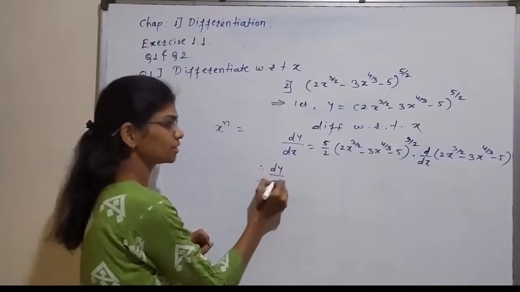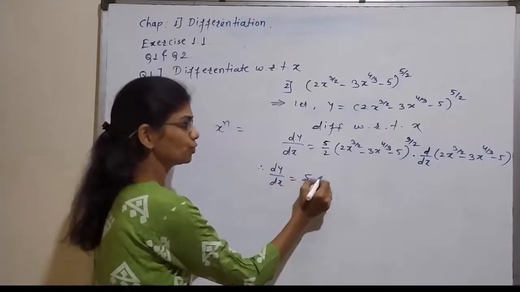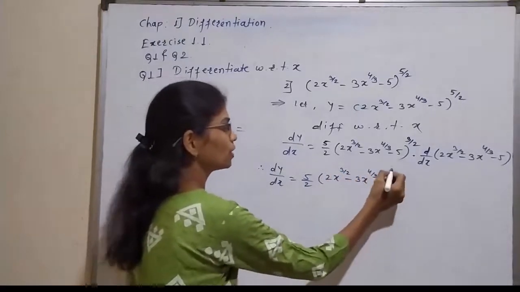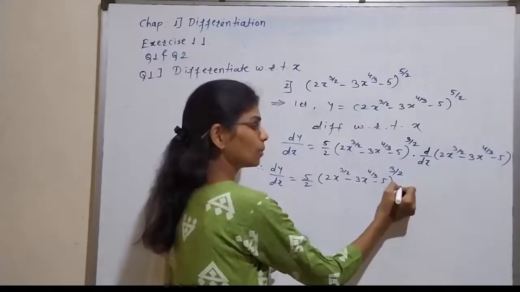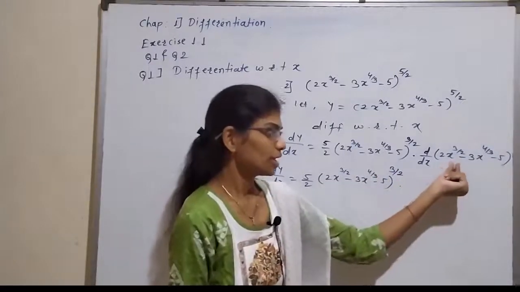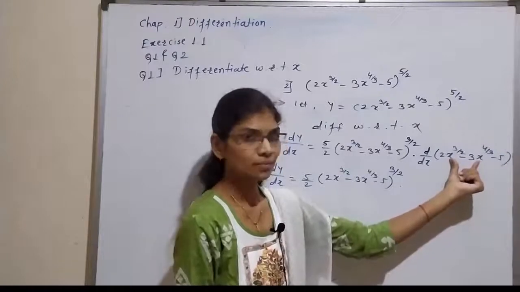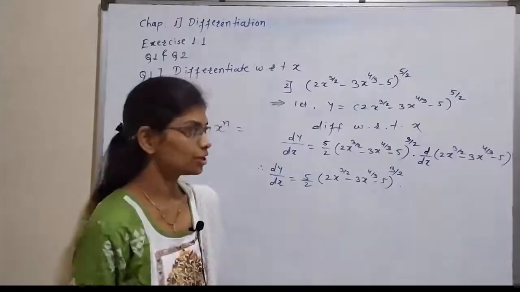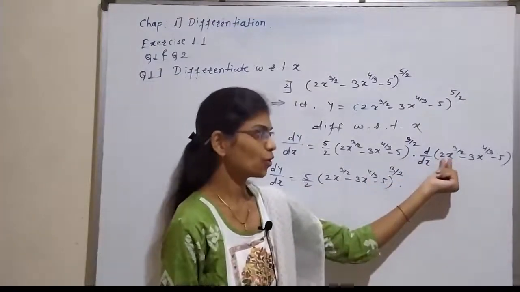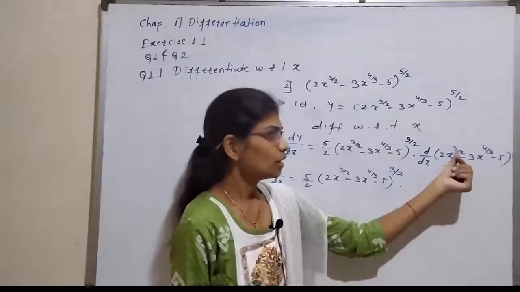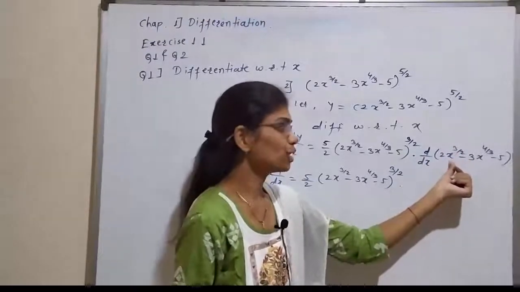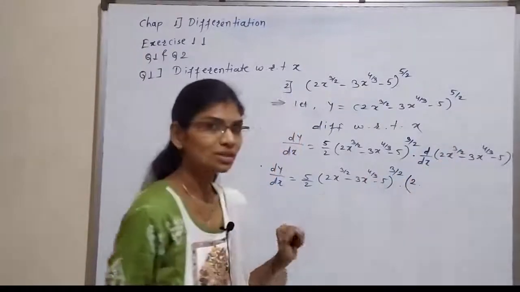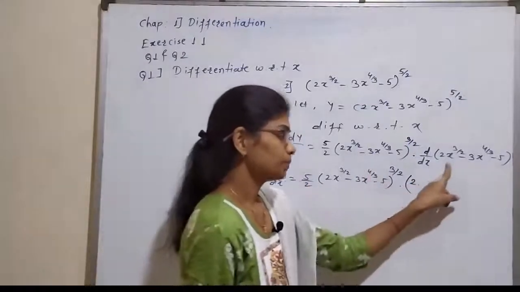Therefore, dy by dx is equal to 5 by 2 in bracket 2x raised to 3 by 2 minus 3x raised to 4 by 3 minus 5, raised to 3 by 2, multiplied by the derivative. There are 3 terms in the bracket, in the function. Take the separate derivative of each one. First of all, take the derivative of 2x raised to 3 by 2. Here 2 is a constant term multiplied to the variable. That is why the derivative of 2x raised to 3 by 2 keeps that 2 constant as it is, multiplied by